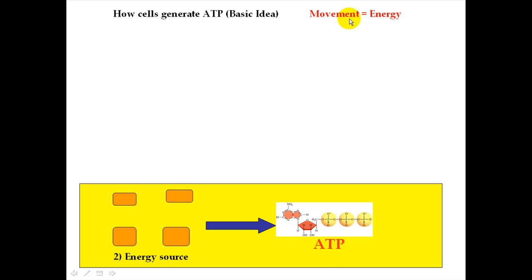I think of the Energizer Bunny as representing a battery. A battery represents energy, and the Energizer Bunny is always moving. So all energy is movement of something. In order for a cell to generate ATP, it has to generate something that moves, because when that thing moves, it represents energy that can then be used to make the ATP. And so the specific thing that a cell makes move in order to generate ATP